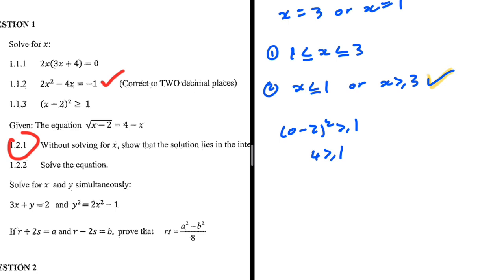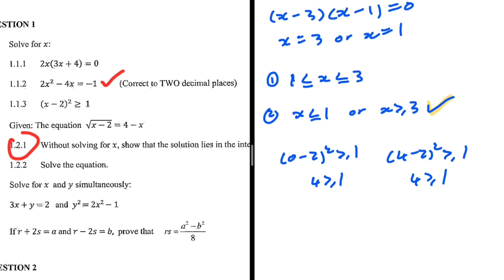And now let's take a number greater than 3. Let's take 4. If we take 4, we get 4 minus 2 squared being greater or equal to 1. Obviously, this is going to be 4 greater or equal to 1. Again, our inequality is satisfied. So we know that x is less than 1 or x is greater or equal to 3. And there we go. We have our answer to